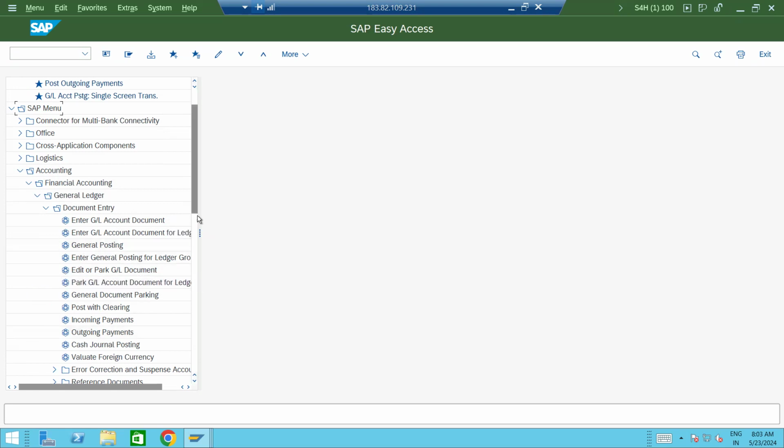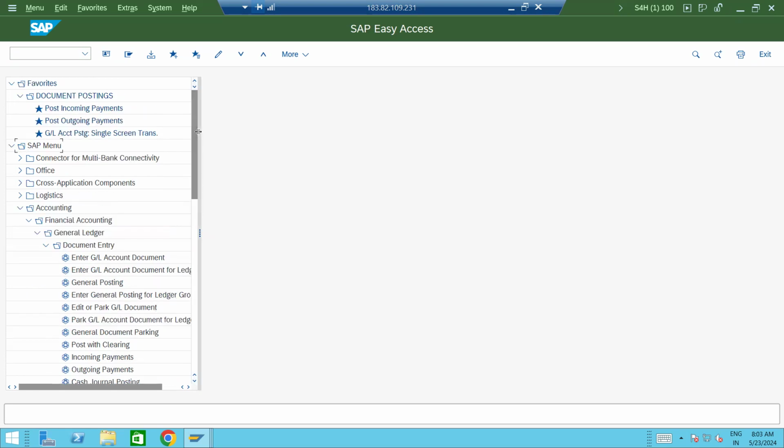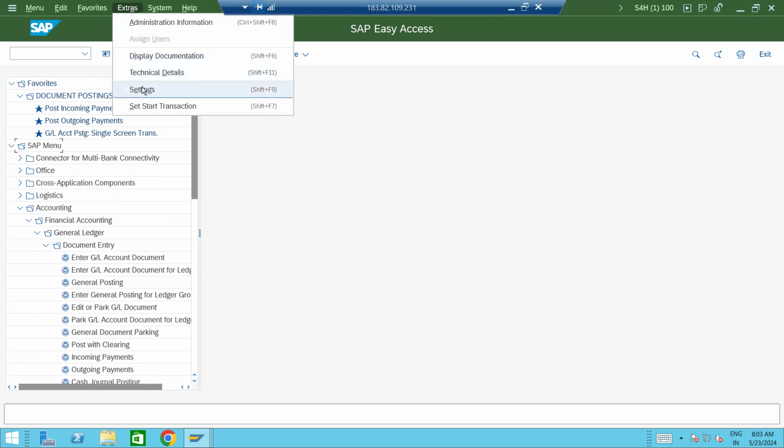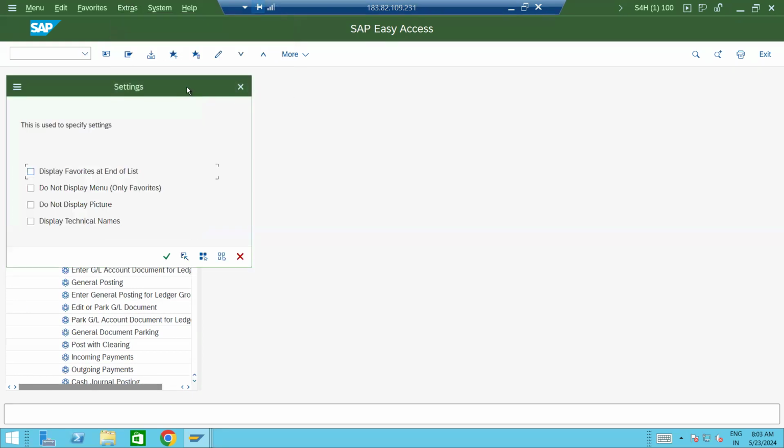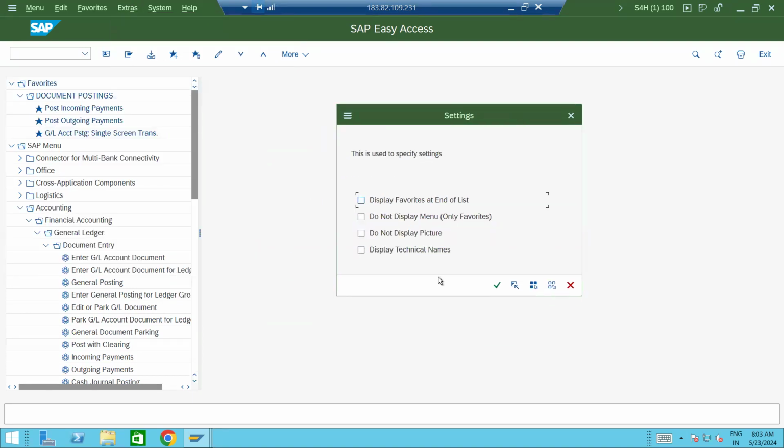So if we want to activate transaction code, what we need to do is click on Extras, click on Settings. Next, click on Display Technical Names. We call it technical codes or technical names. Now click on the OK button. If it is unchecked, then it will not display technical names, meaning it will not show transaction codes. If we check this,